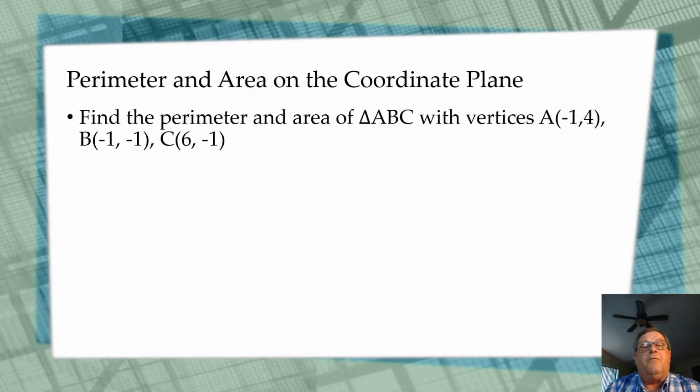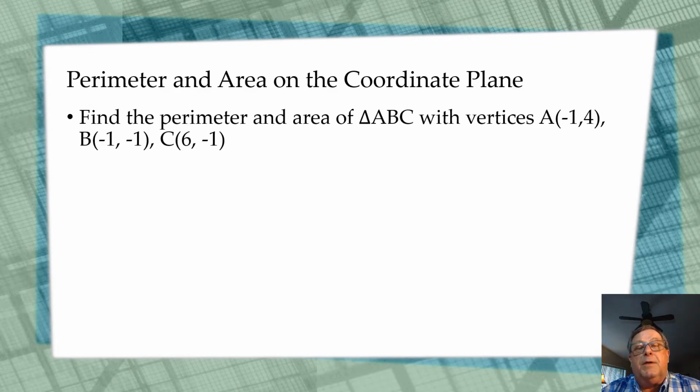Now let's explore finding the perimeter and the area on the coordinate plane. We're asked to find the perimeter and area of triangle ABC with vertices A at (-1, 4), B at (-1, -1), and C at (6, -1). Before we move over to a piece of graph paper that I have behind this, where I have plotted